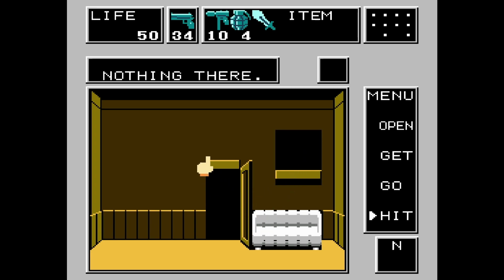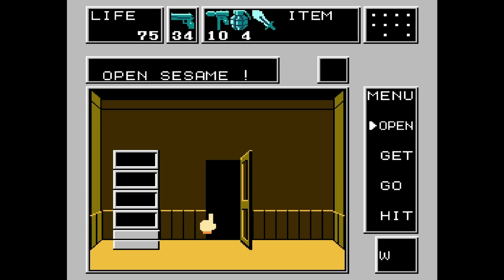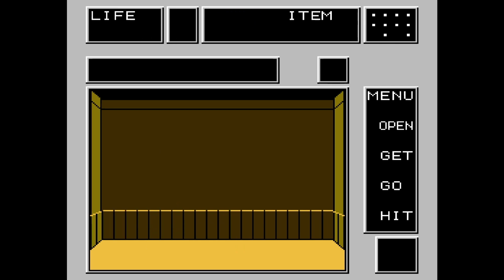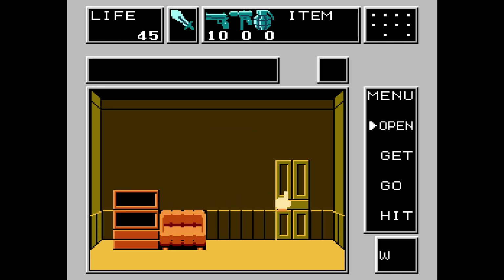Open is used to open doors and cabinets and closets and windows. Get is used to grab items like ammo or health potions. Go is used to go through doors or into warp points. And finally, hit is used to hit everything around the environment like a wacko, which might reveal hidden objects or passages. For example, let me use the command open to open this door and...